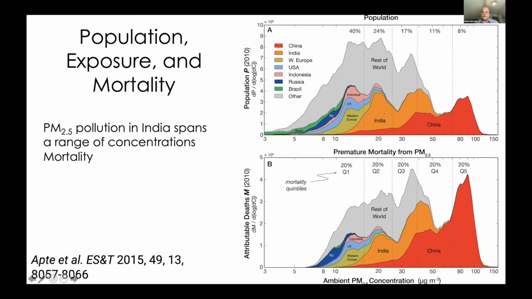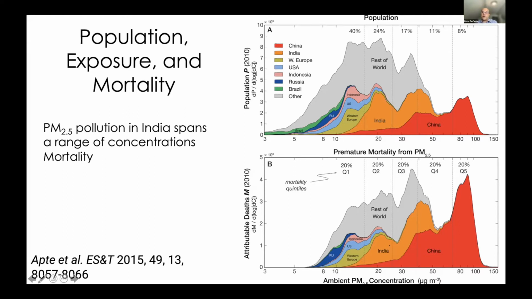the context of this discussion. This country actually spans multiple different quintiles of concentration. There are areas of India that have low concentration, areas that have moderate, and areas that have high. It depends on where you are and where your population is and what those exposures are. And the higher the concentrations, remember, the more chance of mortality. So when you take that population exposure and multiply it by that function of higher concentrations leading to higher mortality, you start to see the attributable deaths